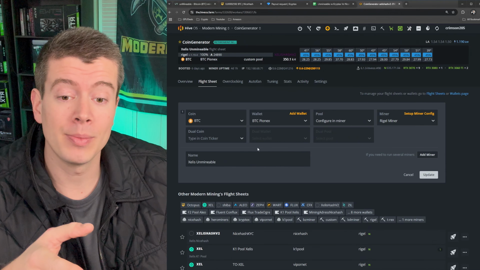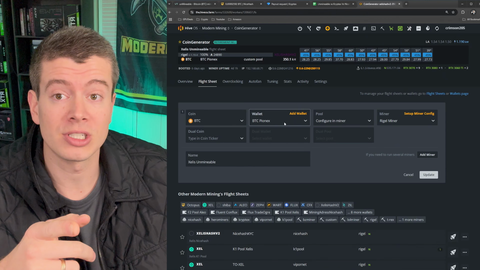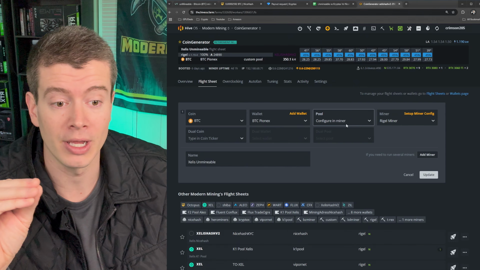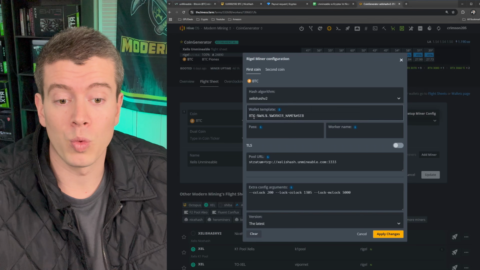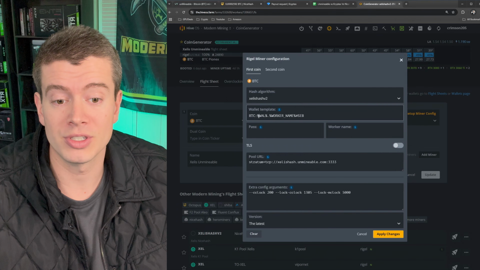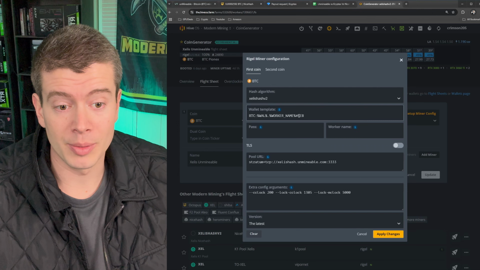So for the UnMineable example, when you make your flight sheet, you're going to select Bitcoin as the actual coin. And then your wallet, you're going to select your actual Bitcoin wallet that you want the coins to be paid out to eventually. Your pool, you're going to do configure and miner. And then in here, you need to put in your wallet template. So this is the format it needs to be in, the coin that you want to receive. So in this case, Bitcoin, colon, and then your wallet, your worker, and then you need to put a hashtag